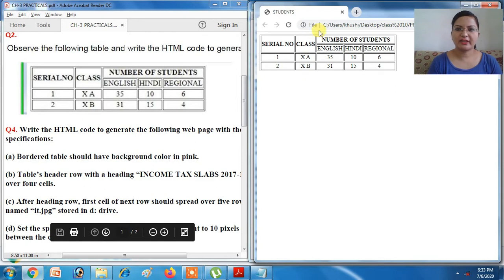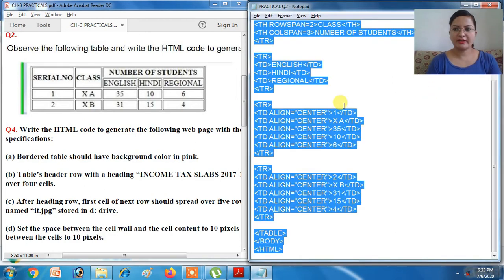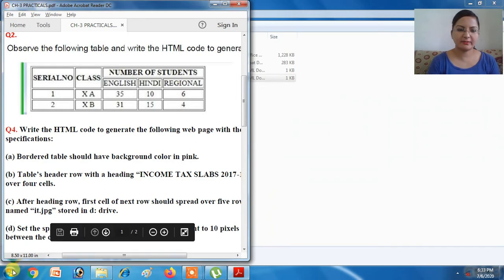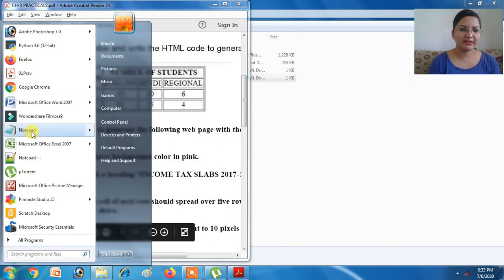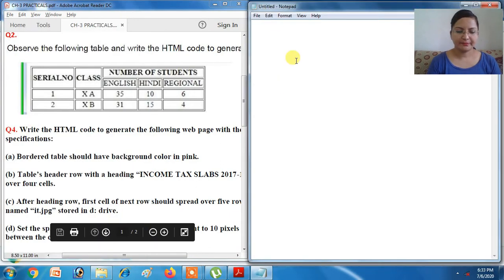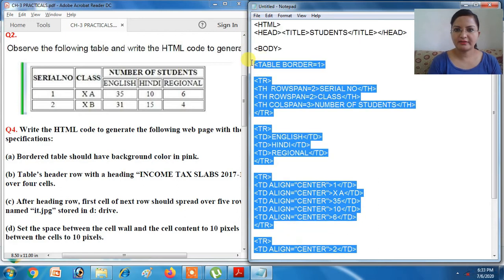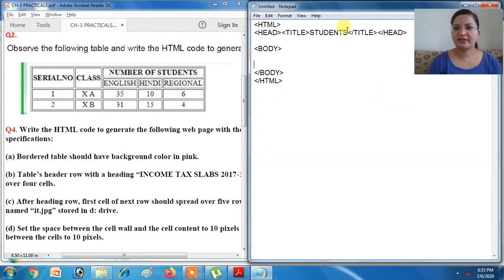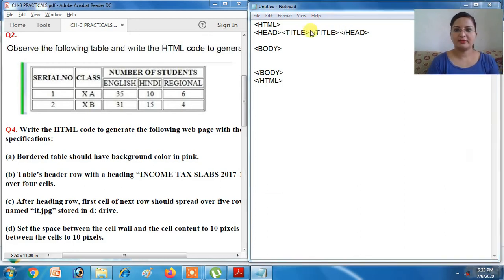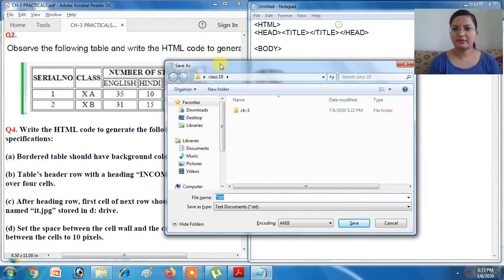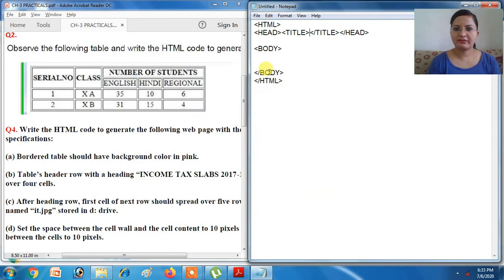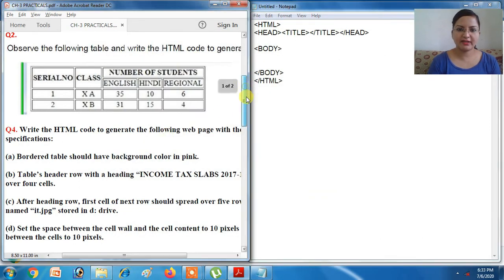Now let's do the next question. Before that, you copy the basic structure of HTML so that we can save time in writing the program. So let's start with the basic structure. This we will save later on. Let's see the example now.